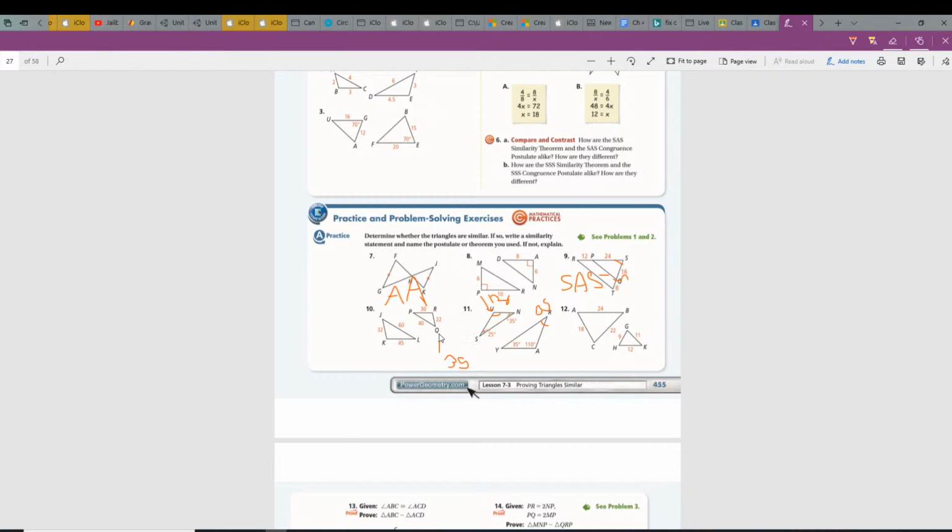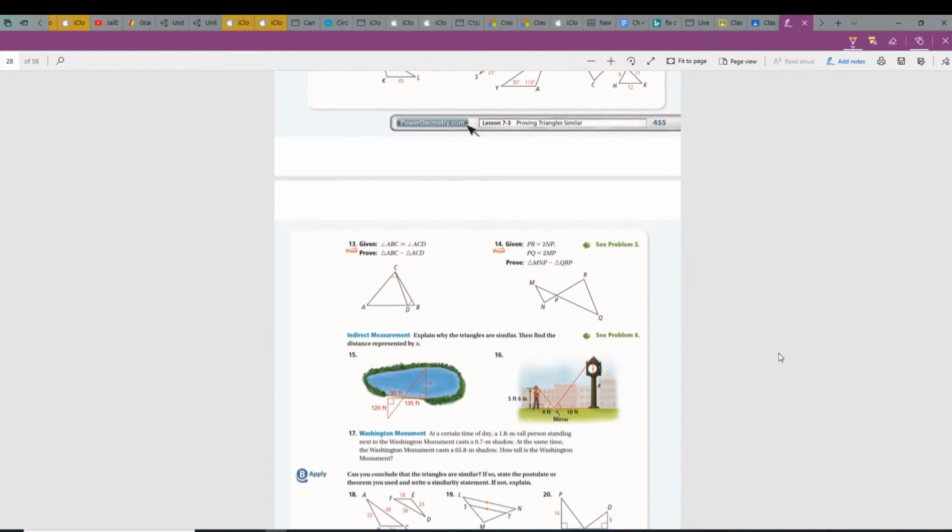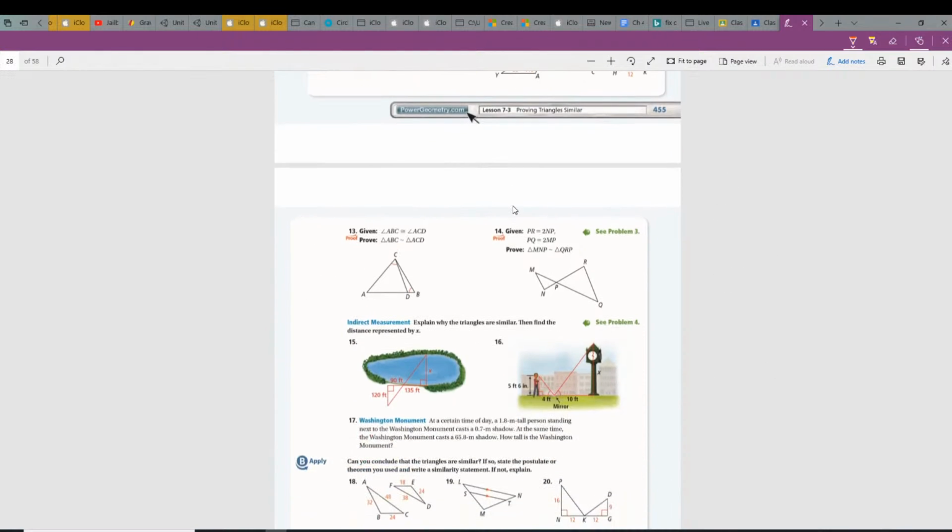So let's erase this stuff and let's go to the next problem. Okay, so here we have a proof. Oh no, a proof. So now we have to do a proof here. So I'll do a quick little proof on here,